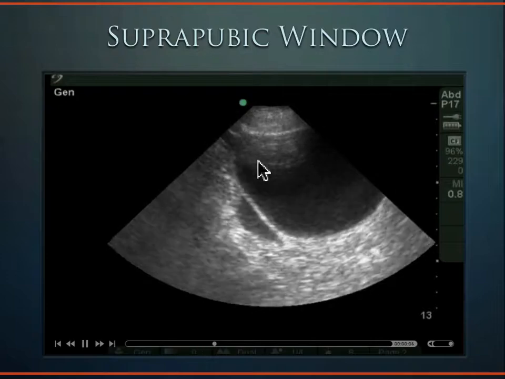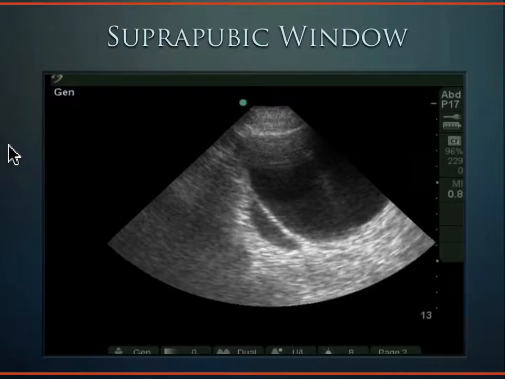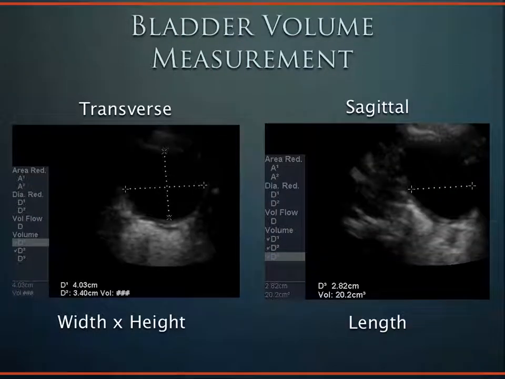Distant arcs coming down here through this bladder. We see that a lot when we're looking at the bladder. Now, you can estimate the volume of the bladder by using the equation width times